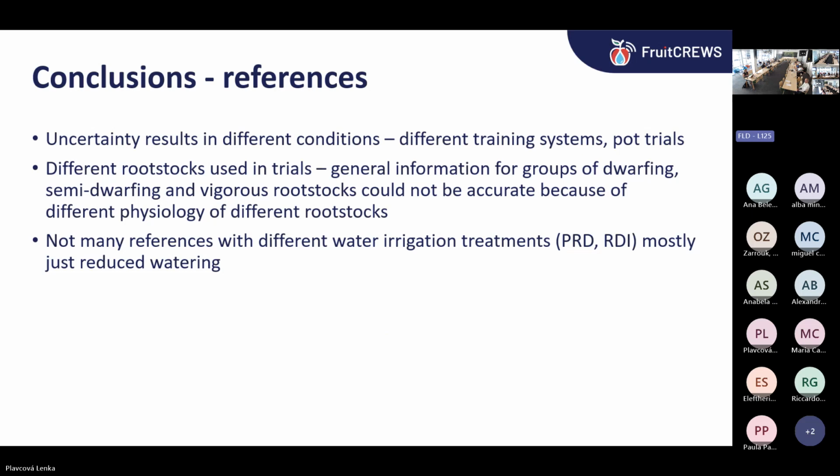For the references, I would conclude that there is some uncertainty in the results because the trials were done in different conditions. It was pot and field trials. It was 23 different studies, and they used different rootstocks in the trial. So as I said, probably it's not possible to give some broad general information for the group of dwarfing, semi-dwarfing, and vigorous rootstocks because, for example, the different root system,